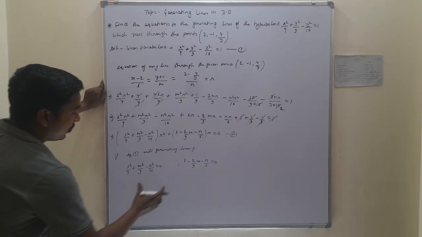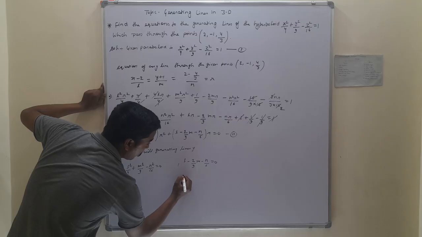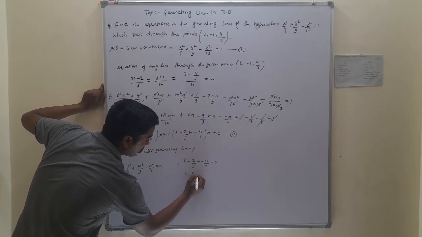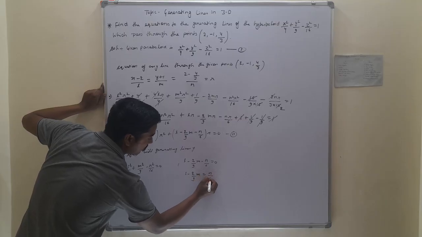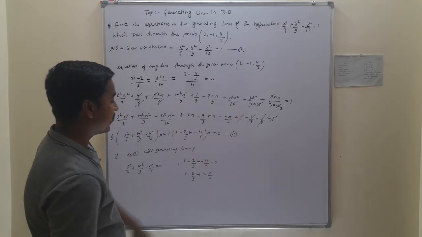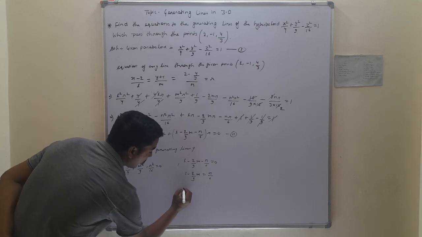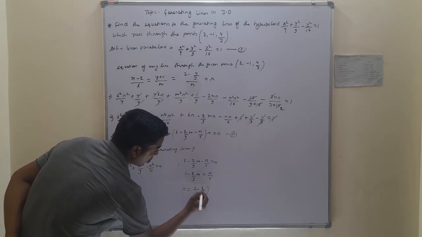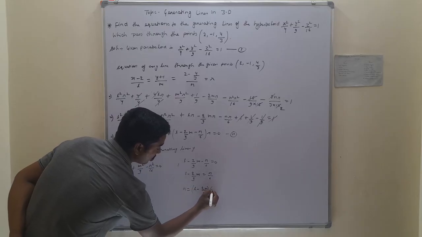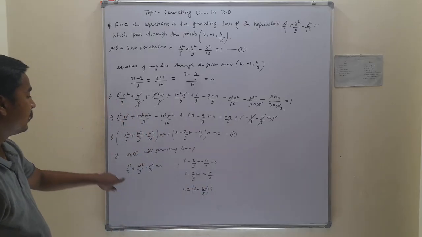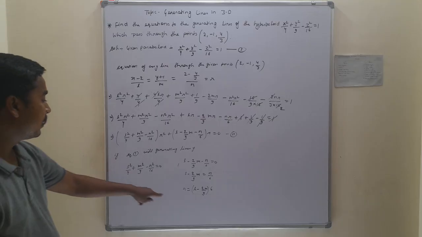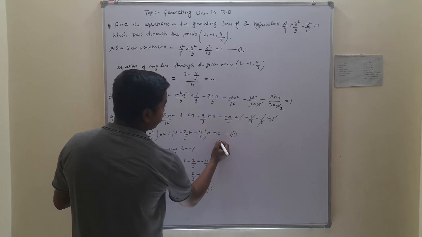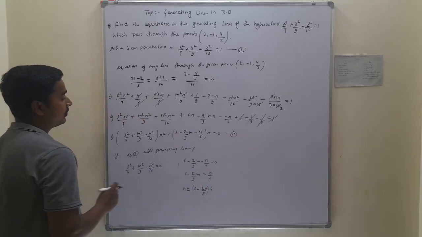And from here we can also use l minus 2 by 9 into m is equal to n by 6. Taking n by 6 to the left hand side, from here we get n is equal to l minus 2 by 9 into m into 6. This is the value of n, and we have to put the value of n in this equation. We have to solve here once again.